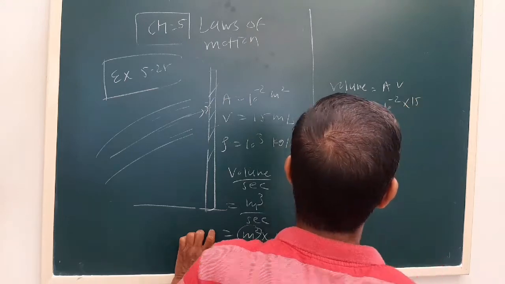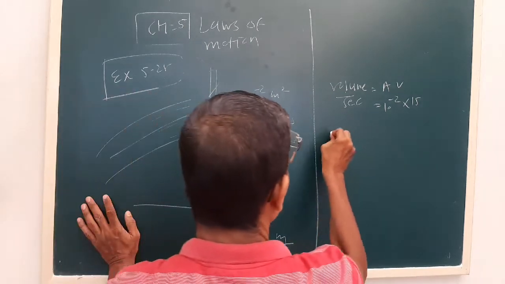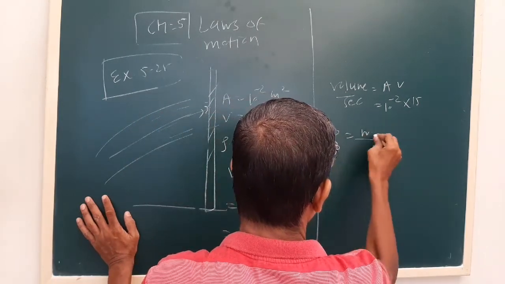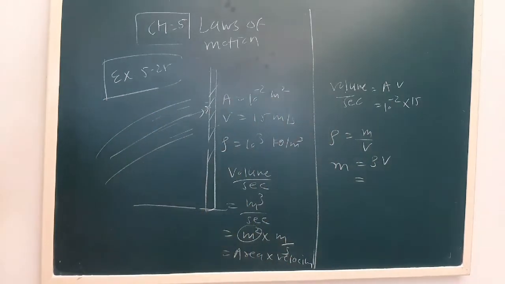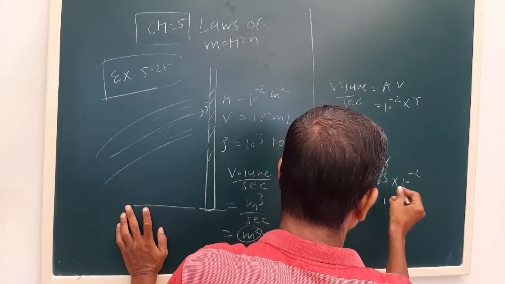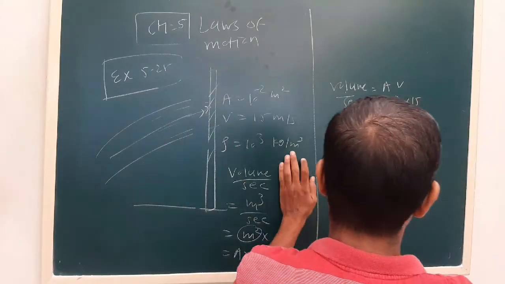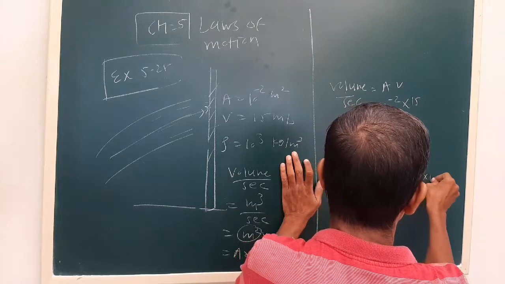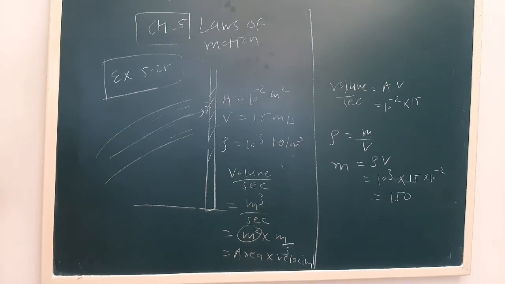Okay, 50. Now see mass. Density is mass upon volume. Now see water density is 1000 kg per meter cube, that is known to us. That is 15 density. That is 150. See, actually it is kg per second. Why here? See, the volume is velocity is meter per second.